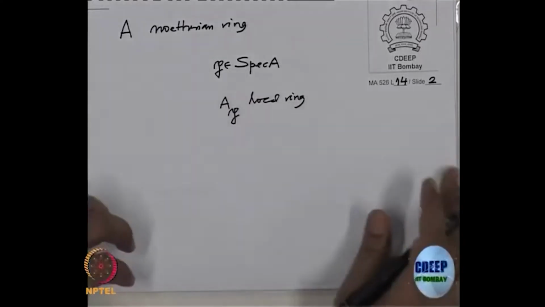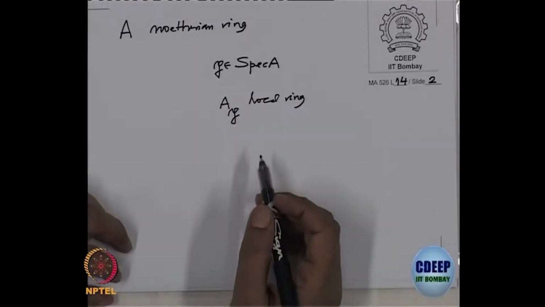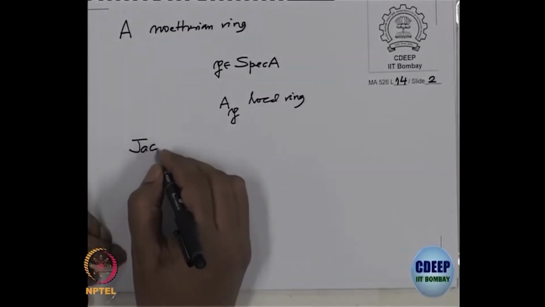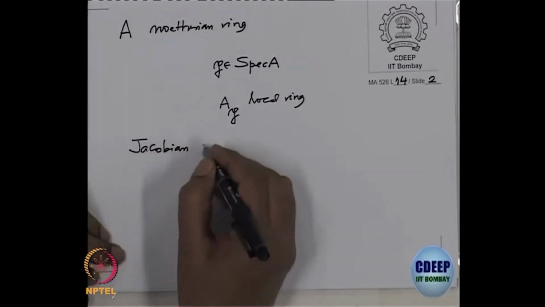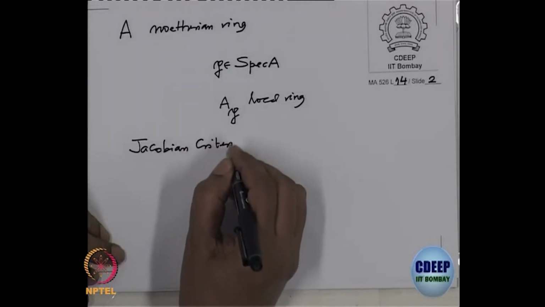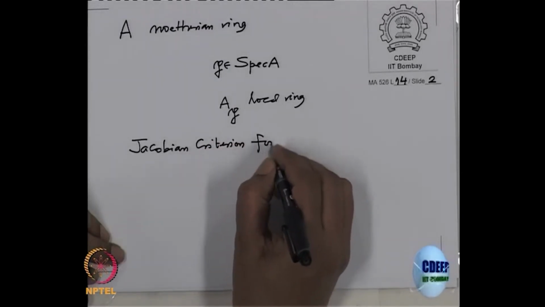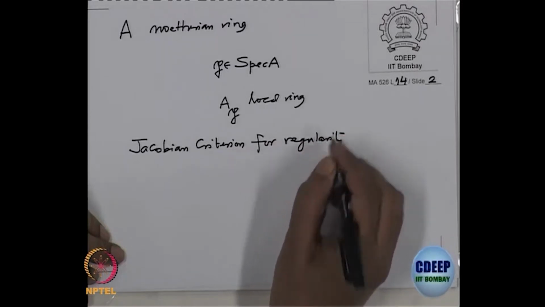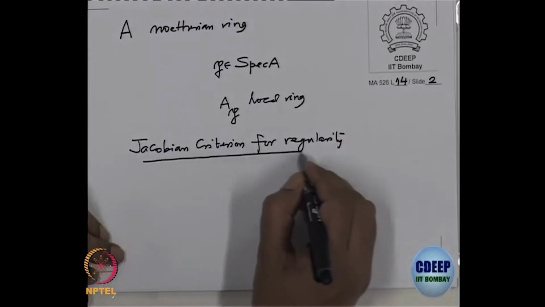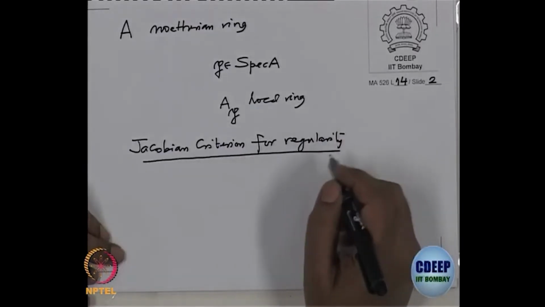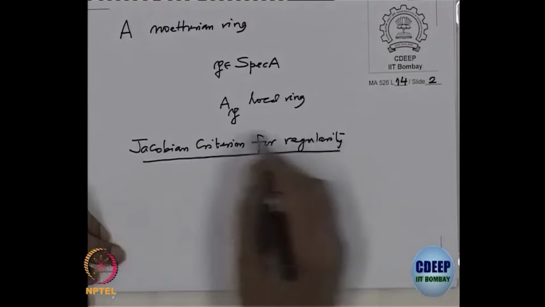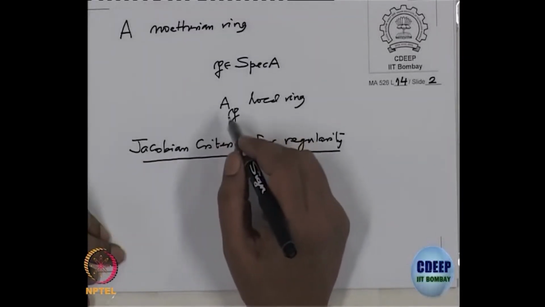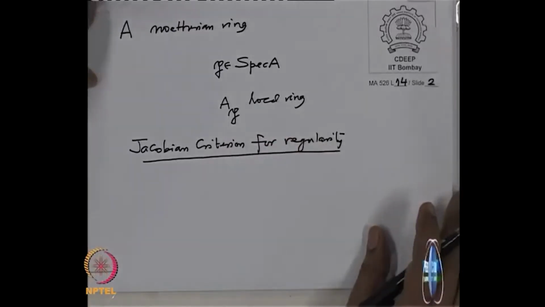So, that is what it is, and I want to prove at the end a Jacobian criterion. So, we will prove the Jacobian criterion for regularity, if not today, maybe next time. This is the criterion which will decide when this local ring at P is regular or not. So,